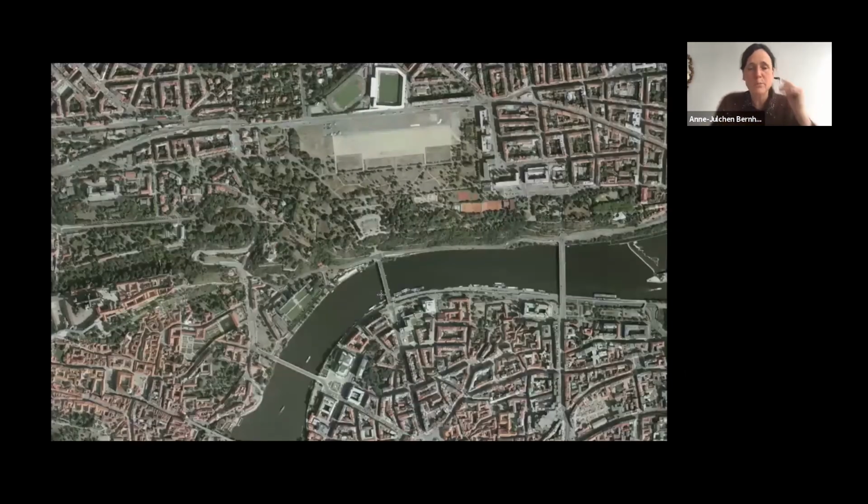We extended this in the afterward competition we did when Fraba was just finished. We lost that competition for the Czech National Library, on a quite similar site.